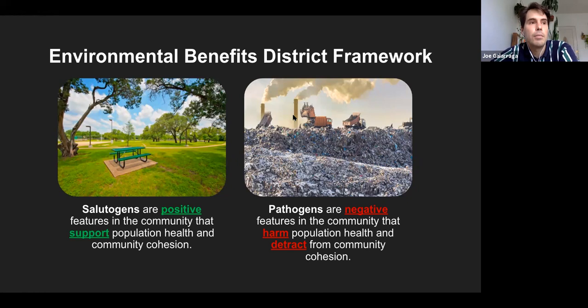That's that NIMBYism, and it's inequitable. So when we're talking about equitable development, making sure that communities who have faced disamenities like this, first of all, you remove this pathogen from the community, and instead you try to add more health-promoting salutogenic features here.